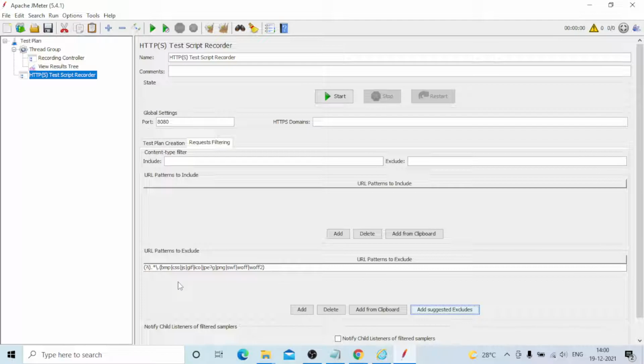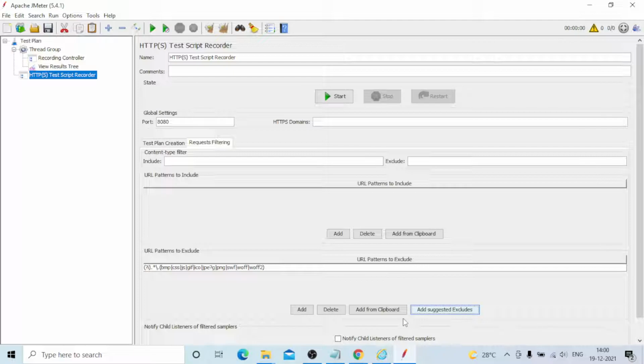For example, if you need to add something, you can add it in this place and provide the pipe symbol. The pipe symbol is on the keyboard too, in the middle above the Enter key. On every keyboard, you can press Shift and that button, and the pipe symbol will appear, and then provide the extension. For example, if I don't need to capture Word documents, mention the pipe symbol, doc, excel, xlsx, txt, pipe symbol txt. That way you need to provide it, and that time we will not capture that type of data format.